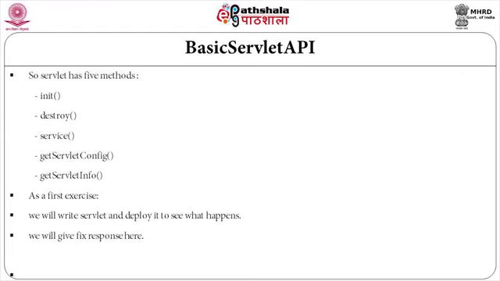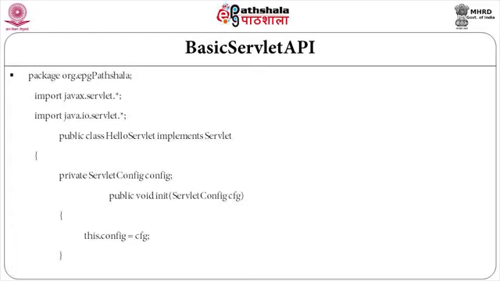We are not going to do anything with the servlet request here. We are not going to look into what is there in the servlet request, but we are interested in using the servlet response because we want to give a fixed response here. We are not looking into anything else. So, let us see how we write our first servlet object. For that, let us write an implementation here.